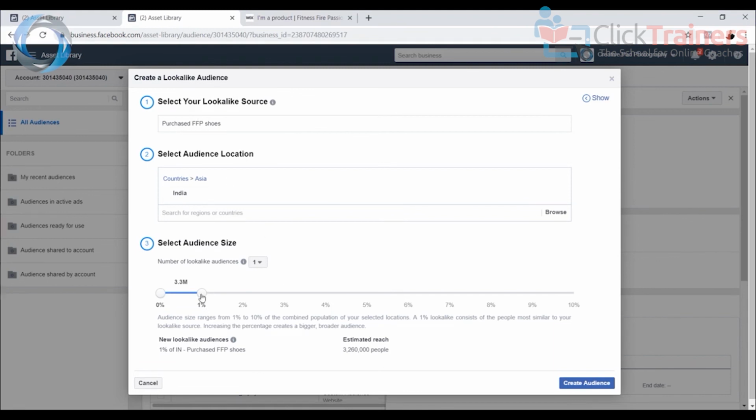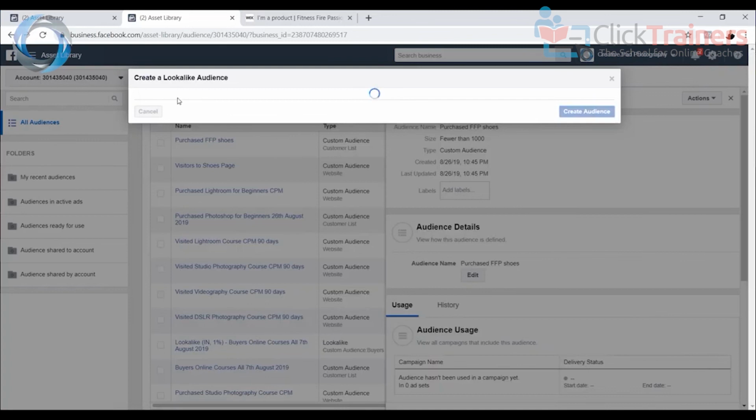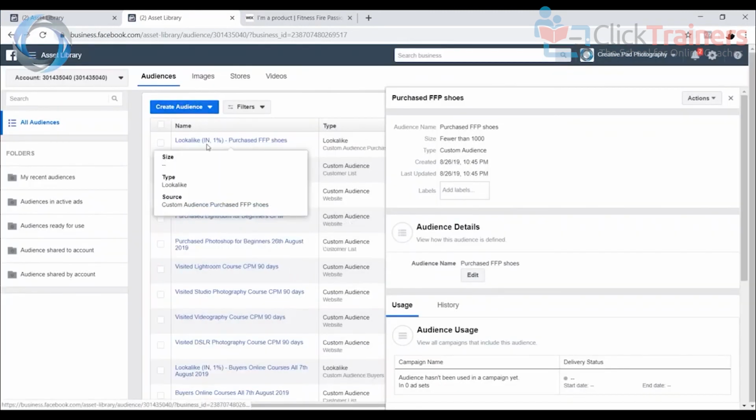So I usually leave this at the default, which is 1%. And then all you got to do is just click on create audience. So the name is automatically taken. You can see lookalike, purchase, lookalike 1%, India, purchased FFP shoes. And then what we can do is,